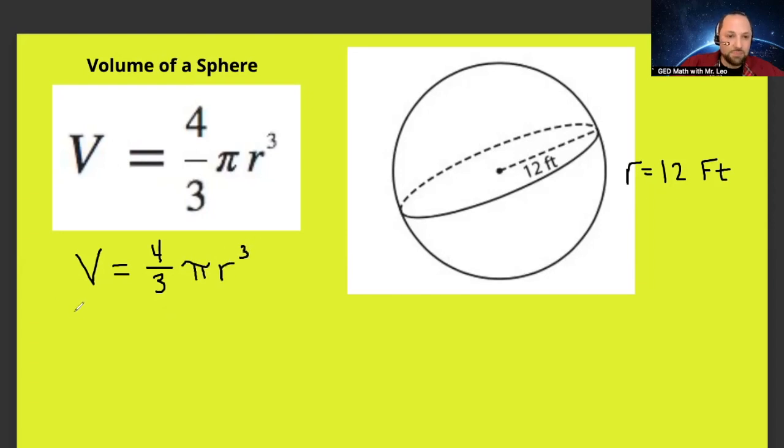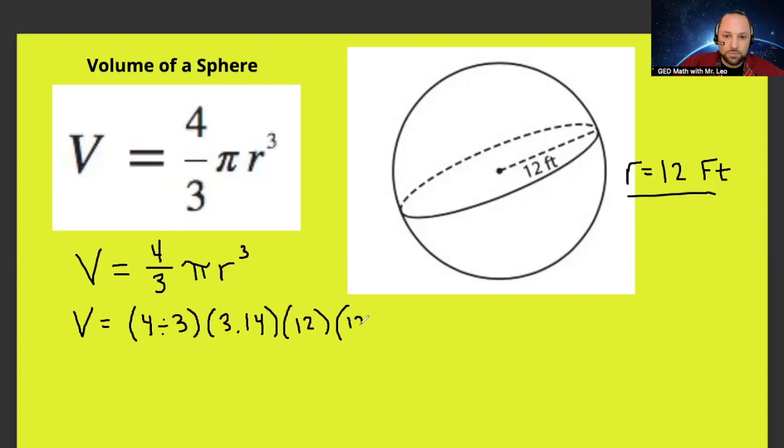Now let's break it down. Volume will be our answer. 4/3, I want you to open a parenthesis and treat that as a division, 4 divided by 3. Close that parenthesis, bring down pi in another parenthesis, 3.14, and now we have radius to the third power. The radius was 12 feet, so I need to see 3 instances of 12. All right. This should be enough right here to type into the calculator, but since we're just getting started, you